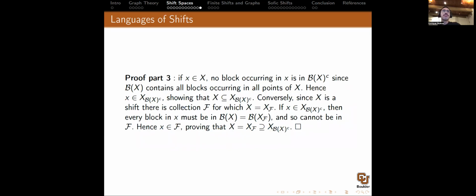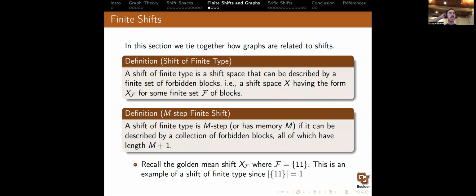Okay, so now that we have shift spaces, we need to look at a particular type of shift space called finite shifts, or shifts of finite type. As the definition says, a shift of finite type is a shift space that can be described by a finite set of forbidden blocks. In other words, a shift space X having the form X sub F for some finite set F of